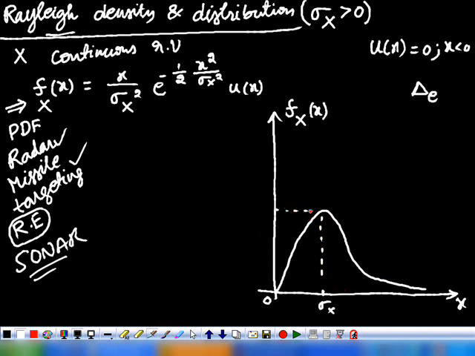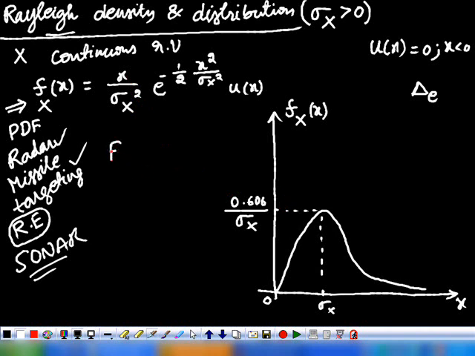Actually, we have the bell shape in the case of the Gaussian density function, and that is symmetric about mx, but here it is not symmetric. Initially it is increasing and then goes on decreasing exponentially for x greater than sigma x. What is the value of this? Is it right? Because e power minus 1 by 2 can be approximately written as 0.606, and so we are substituting x as sigma x. So, sigma x by sigma x square, is it? So, this is the graphical representation of the Rayleigh density.